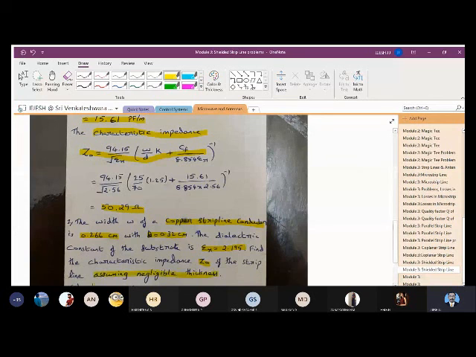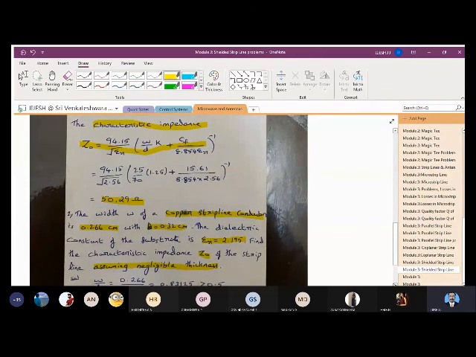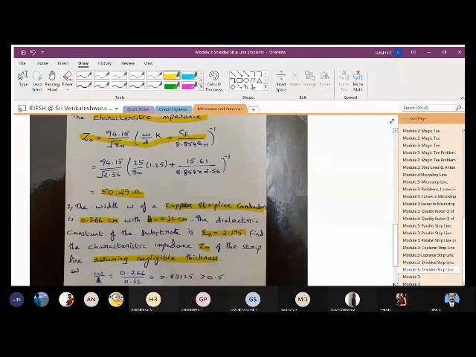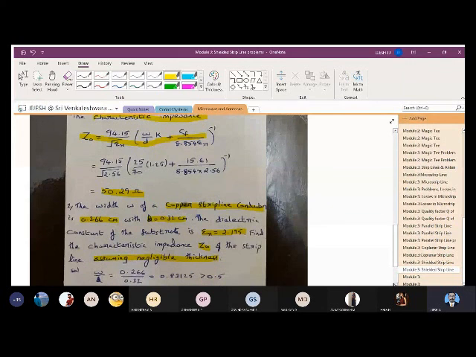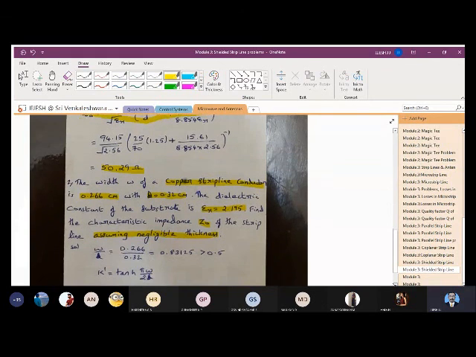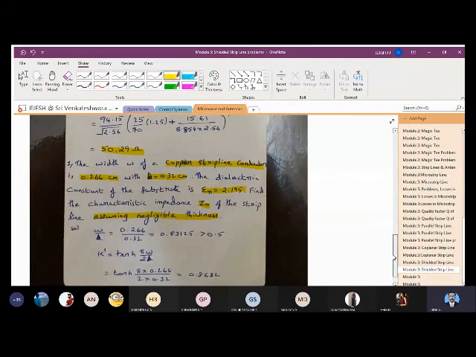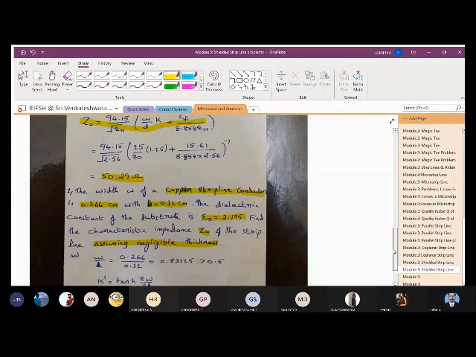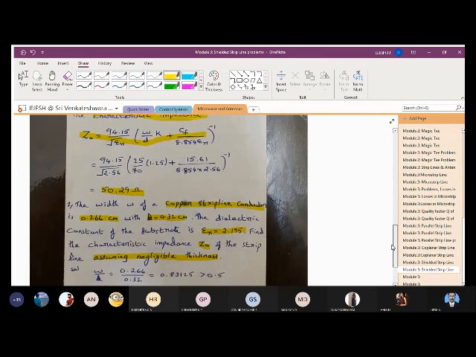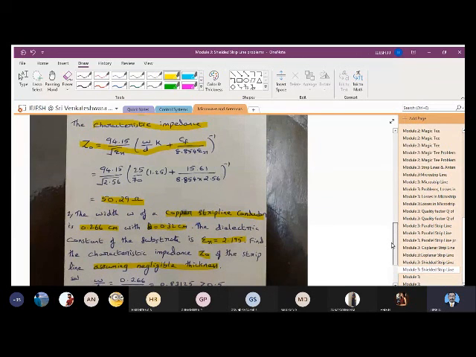It is clearly told that we assume negligible thickness. You need to find the characteristic impedance. First you need to find the W by D ratio, and K dash is equal to tan H pi W by D, and then you have to proceed with finding Z0 and all those things. As of now, you can just note down this problem.